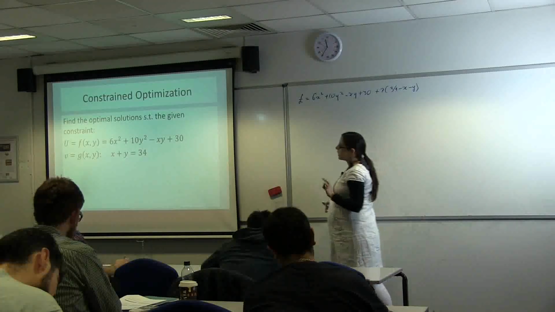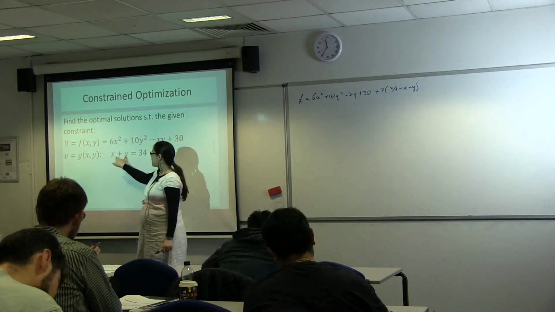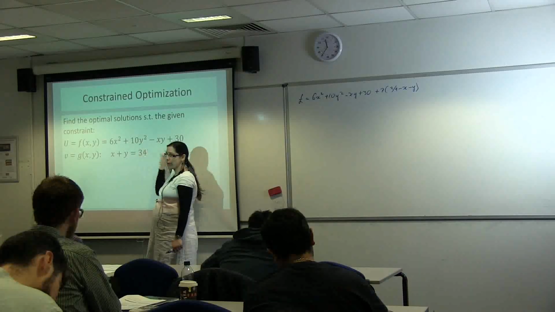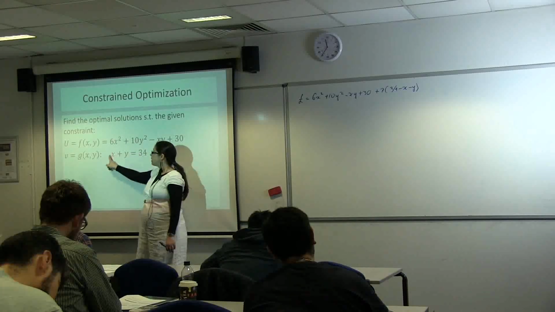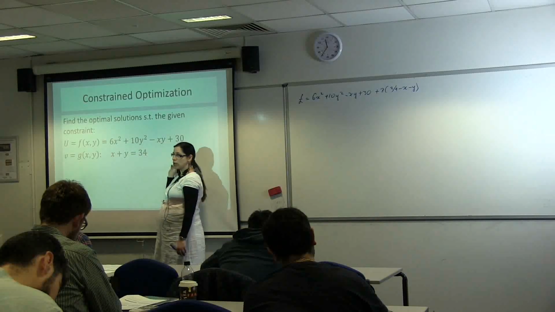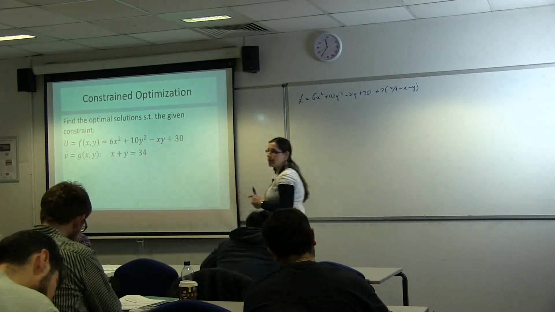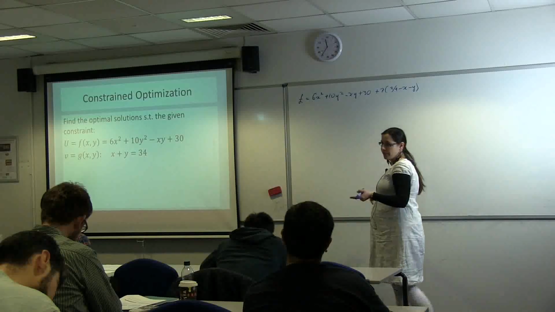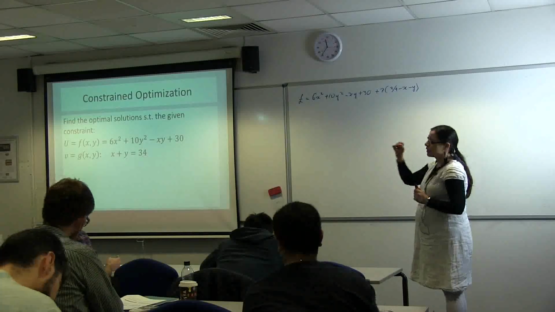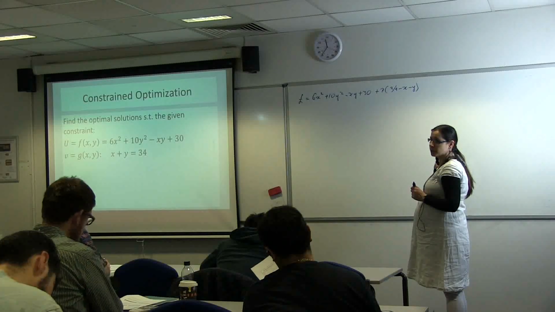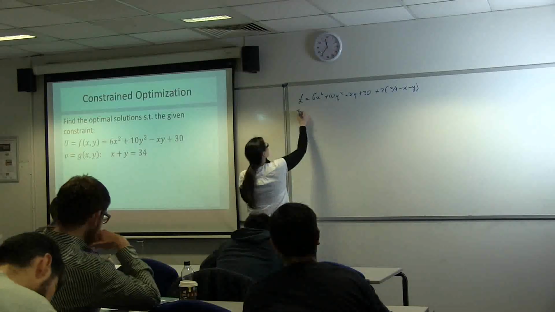Strictly speaking, mathematically, it doesn't make any difference if you rearrange it to x plus y minus 34 or 34 minus x minus y. However, the reason why you always arrange it into number minus variables is because in an economic situation, otherwise you would end up with prices and quantities being negative, which obviously can't be right. So be careful that when you're rearranging it into zero, it is always number minus the variables. And then now you can set up your first order condition,